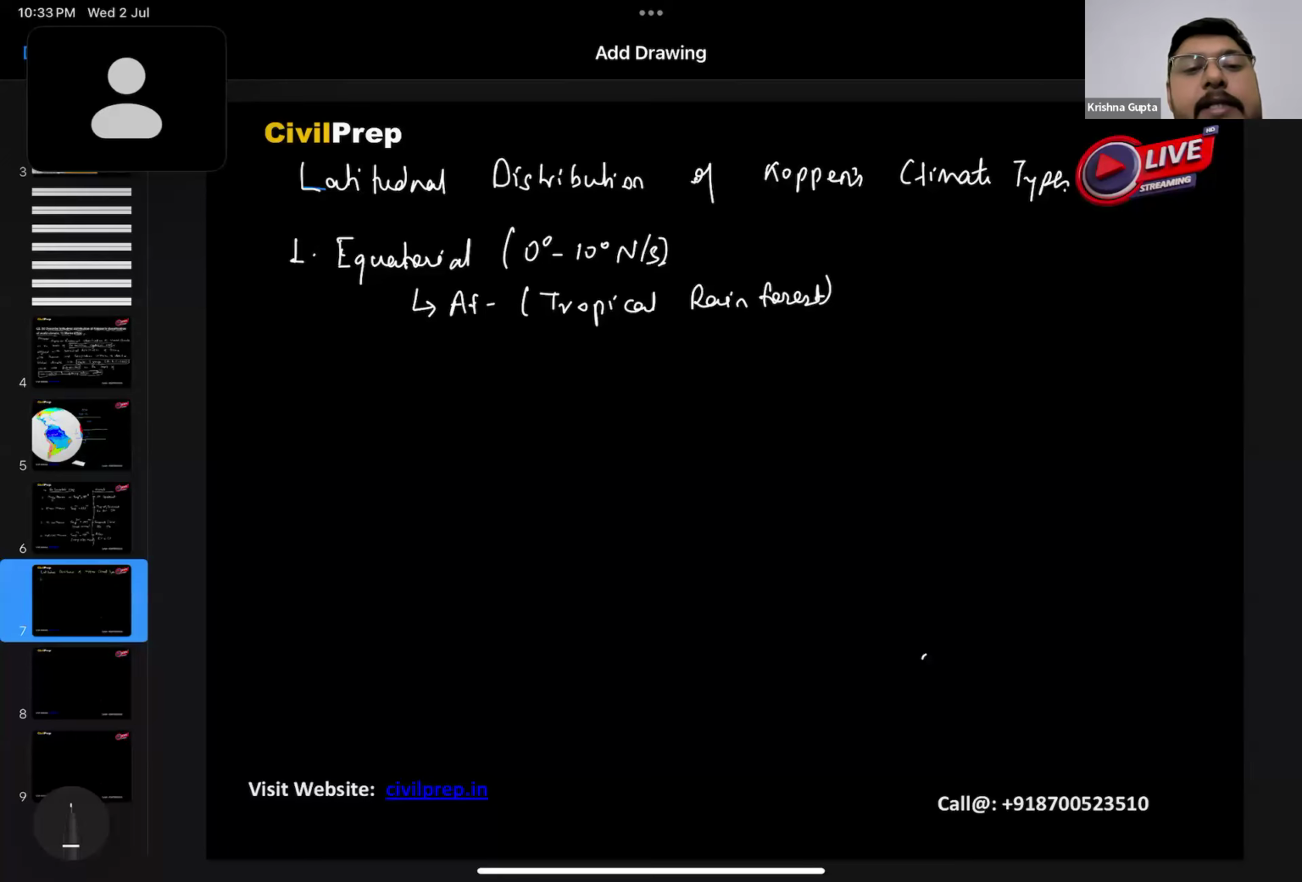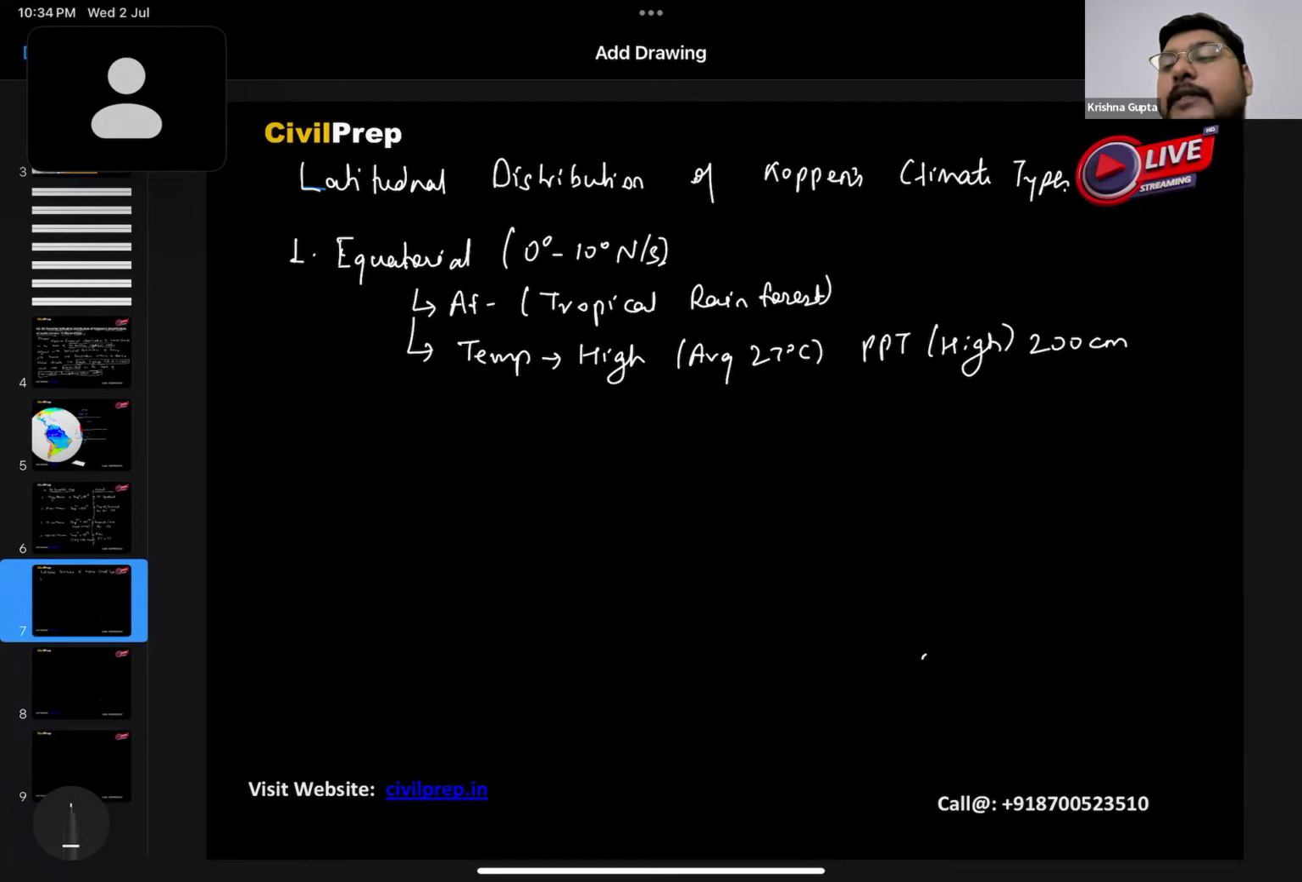Okay, characteristics will be temperature will be high, average 27 degrees Celsius and around. And precipitation will also be high, that will be 200 centimeters and above, which will be distributed over 12 months. For example,